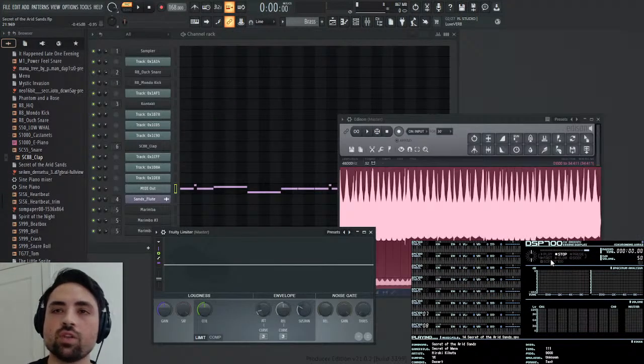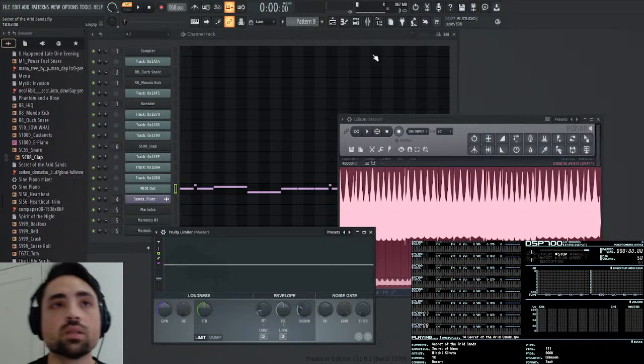And I think this is going to have an envelope, right? No, it's going to have no envelope. So we don't need this pattern named brass.